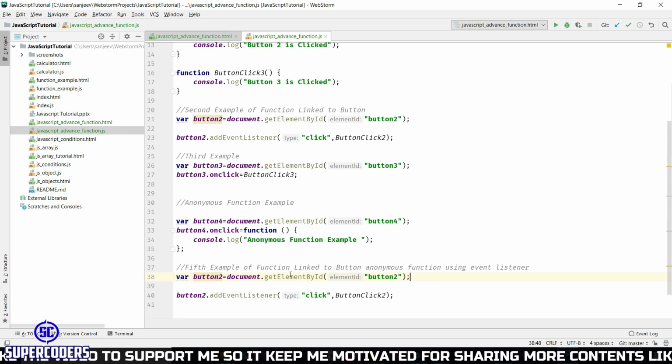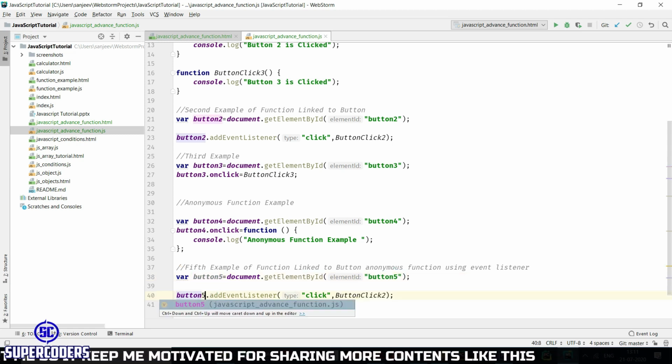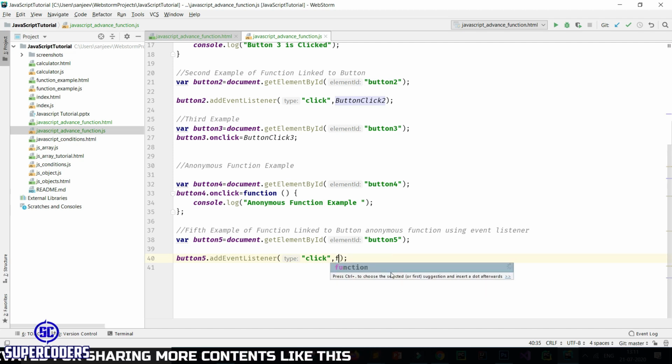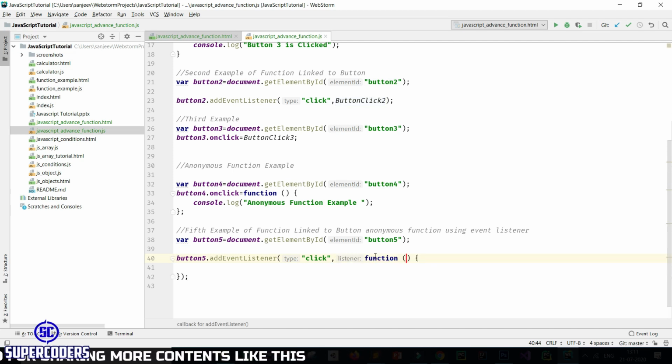Now let's see how you can do this. Again change this button to button5, then button5, and change this to button5. And here, instead of passing a function name, you can directly create a function. So function, and you can see this is the example of an anonymous function in an event listener.